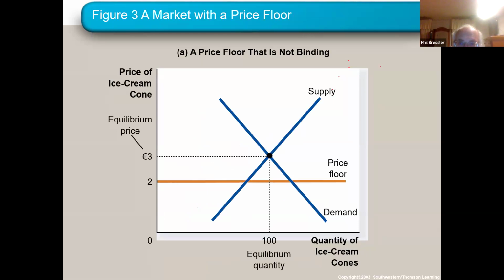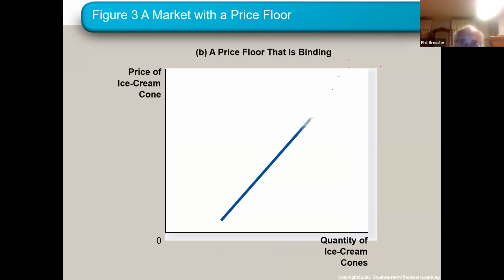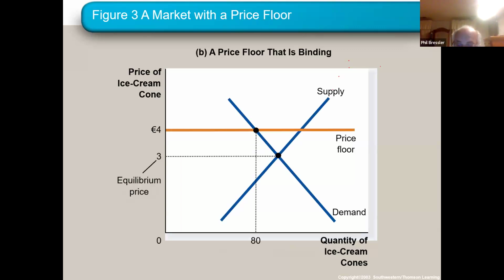Okay. Here is your price floor. Not binding. We're just going to use the equilibrium. Okay. 3 and 100. No surplus, no shortage. Quantity supplied equals quantity demanded. Your binding price floor, upside down house. Okay. Now, again, here, how much is being sold? 80. People are demanding 80. You're supplying 120. People only want 80. All right. The floors are producers. Producers want floors. There's going to be a surplus because you're supplying 120, but people only want 80. So the surplus is 40.